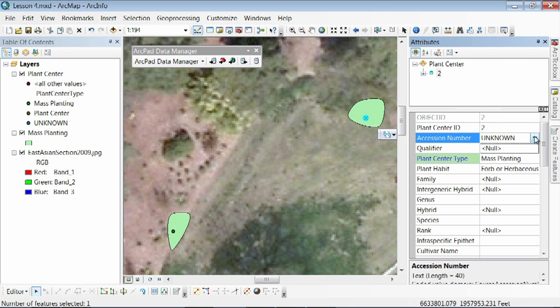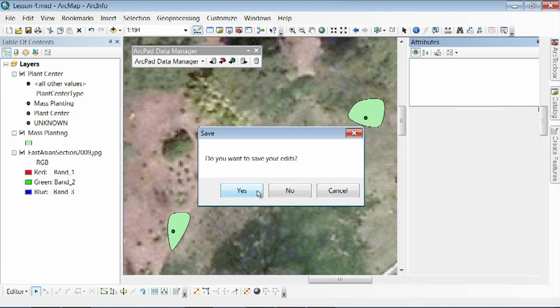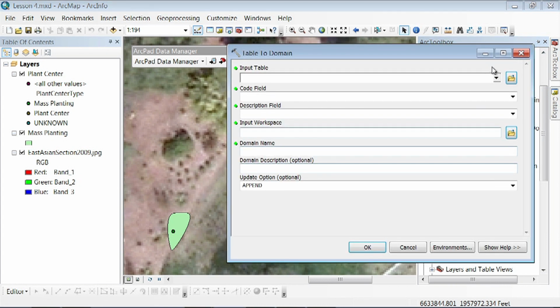Now you'll see from this drop-down list here that we don't have any accession numbers available, and that's because we didn't add our accession number table to our domain. So we can go ahead and do that. We'll stop editing, save our edits, go to the ArcToolbox tab here, or open it from right here, do table to domain,